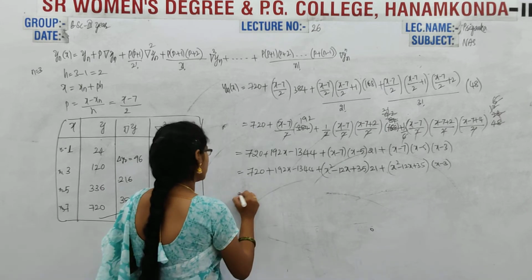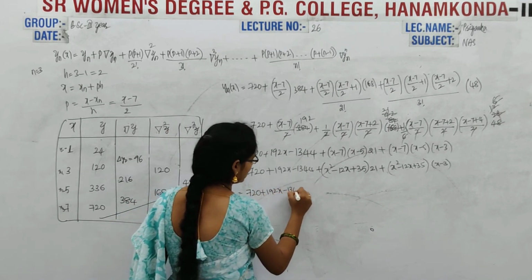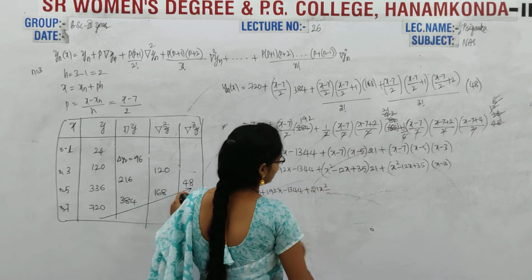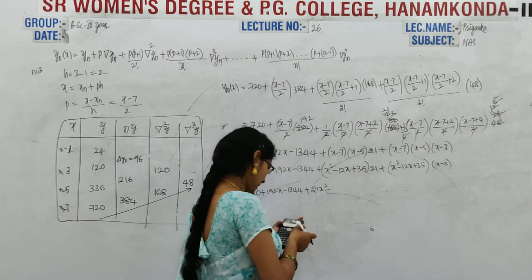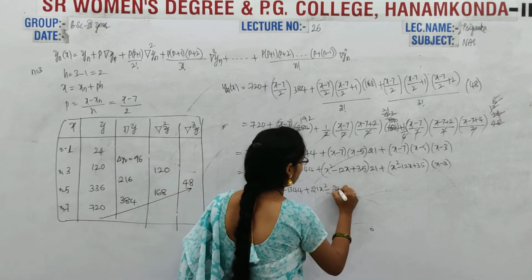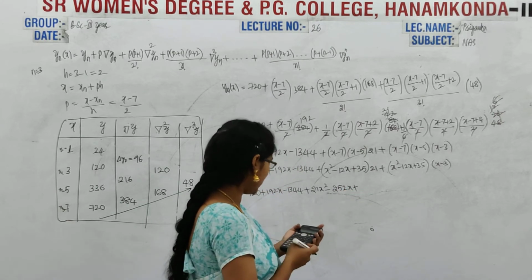Then what we get here, 720 plus 192x minus 1344 plus 21x square minus 21 into 12, 252x plus 35 into 21,